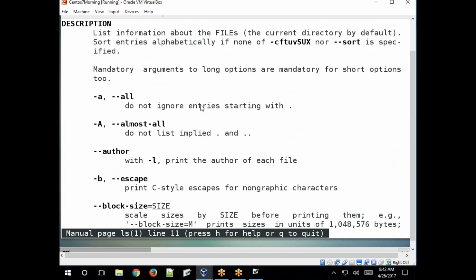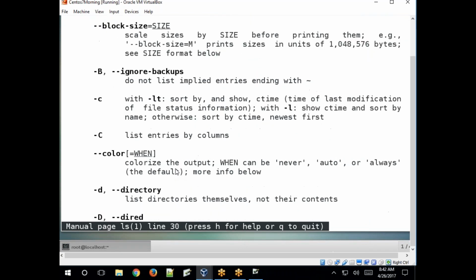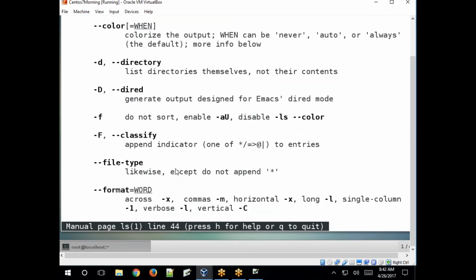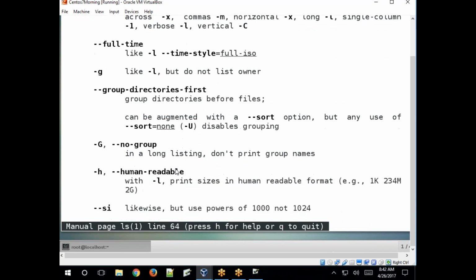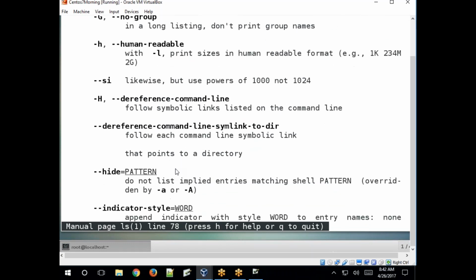See, -a: do not ignore entries starting with a dot. That is called hidden files. The -a option, hidden files. Based on the directory, a lot of options are there. If you specify -h, ls -lh, it shows the file size in human readable format, like 1 KB, 2 KB, or 10 MB.